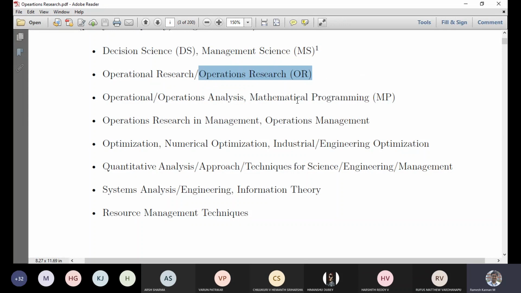And some people also refer to this as mathematical programming. That is pretty close to operational research, but it has got its own variation. We'll discuss that during linear programming and other topics. And do not confuse operations research with operations management. Partially, both can go together, but operations management is entirely different. So I just wanted to emphasize it's not operational research.